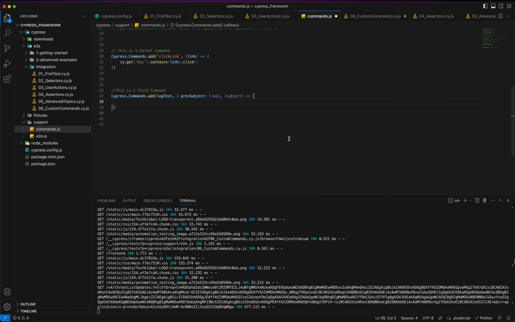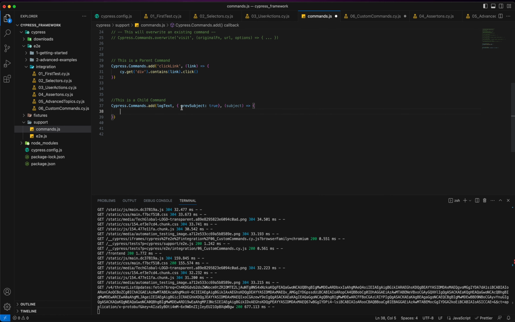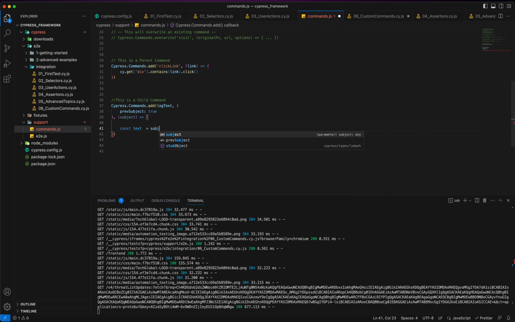So from here, if you want, we can also make it more readable. We can just take this one in here, and after that we can just call our subject, and inside all we need to do is, let's say we want to get the text of it, right? So how we will get the text of it with the jQuery? All I need to do is, let's say const text, and let's say subject dot text. So by this I'm going to return the text of my object, and let's say I want to print this object,